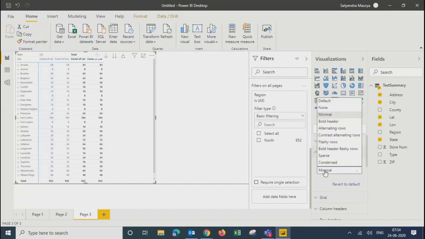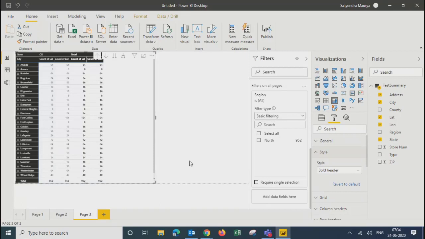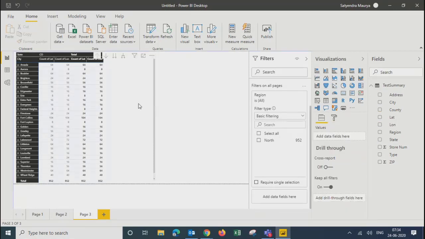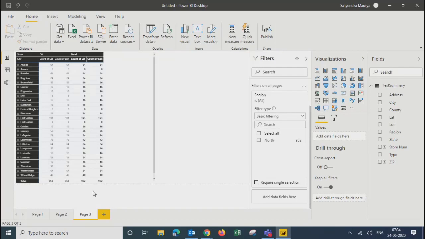No, okay, fine. I'll just select the second one, bold header. Let's keep it this way. So that's the cross table we have created. All right, and then I'll go ahead and name it cross table.